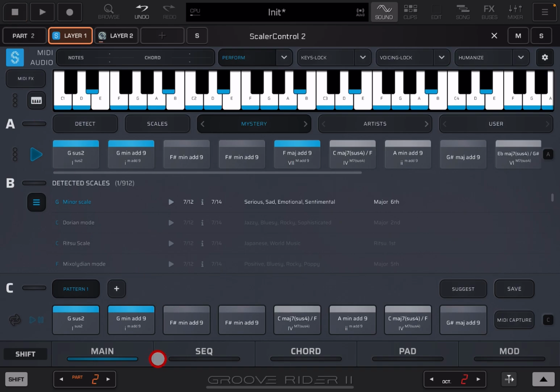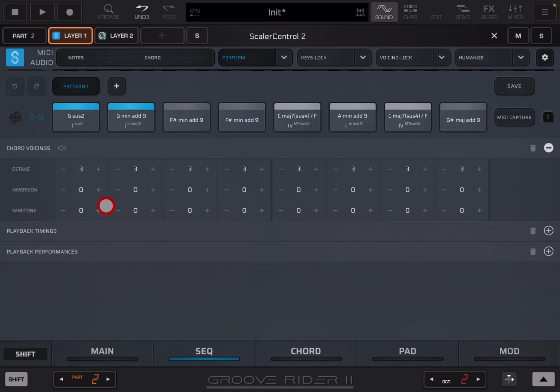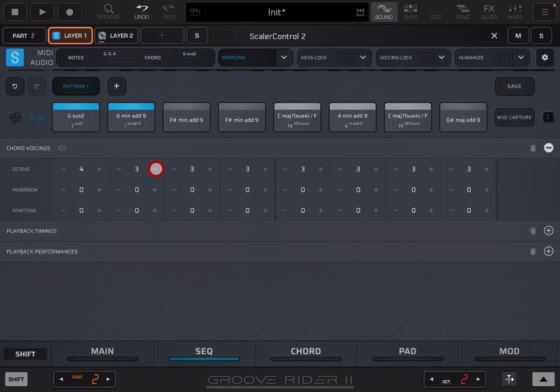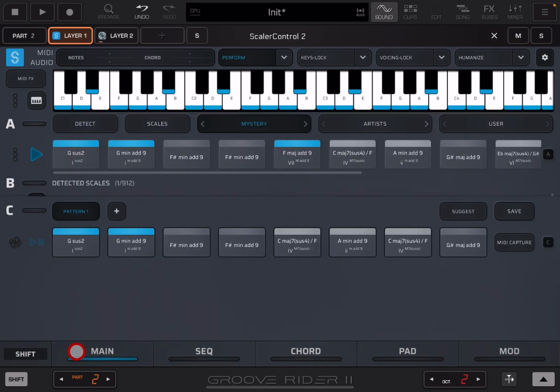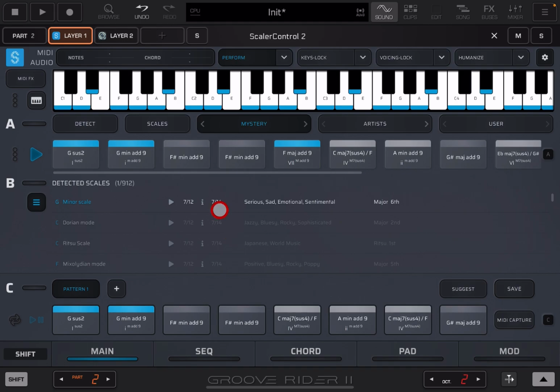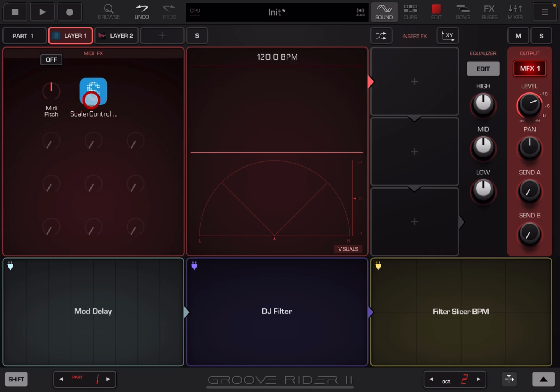now we can hear that that's too low. So I'm going to go to sequence and I'm going to take up the octave for all those bass parts. Right. Okay. So now when I play it,